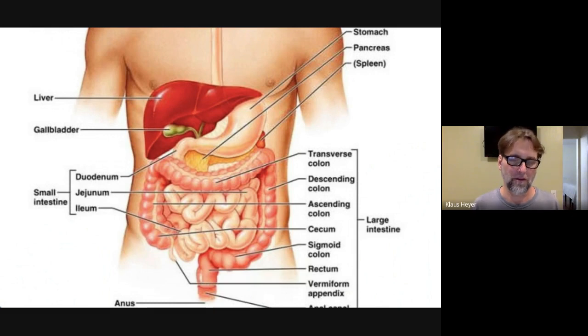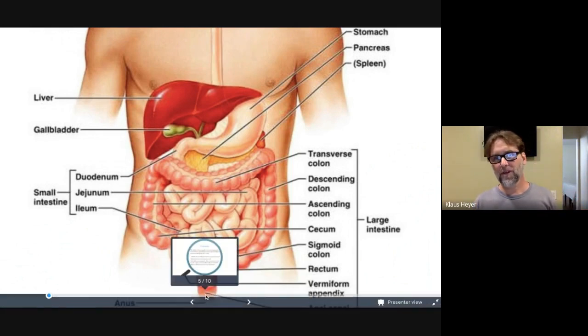So the real estate of the thorax here is taken up by the heart and the lungs. We want to get the food past that into the abdomen. The stomach breaks down the food. You might look here and say, well, the stomach is shaped a lot differently than the esophagus, and that's very true. But it's still the same tube that goes from the